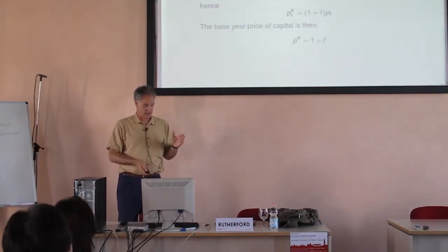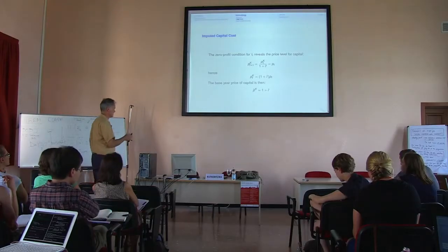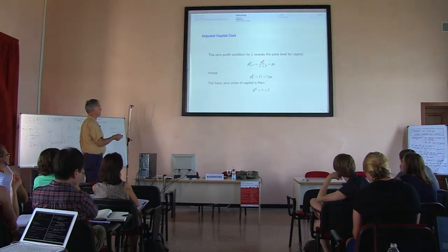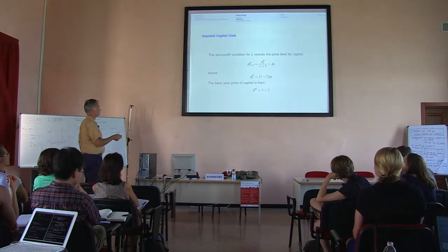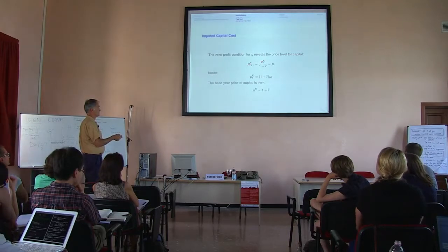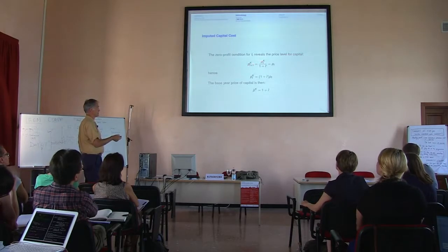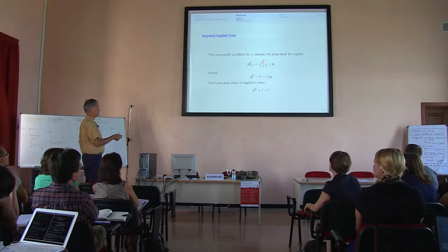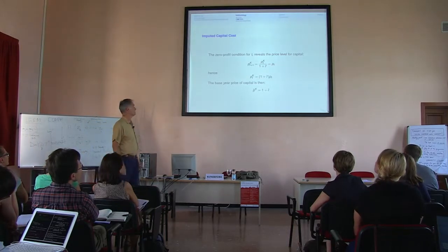Along the steady state, the condition for capital accumulation says that along the steady state growth path, all prices decline with the interest rate. So P_K,t+1 is going to be P_K,t divided by 1 plus r, if r is the interest rate. That says the capital price has to decline with the interest rate. Furthermore, the second equation says that the value of capital in period t is going to be 1 plus r times the cost of output in period